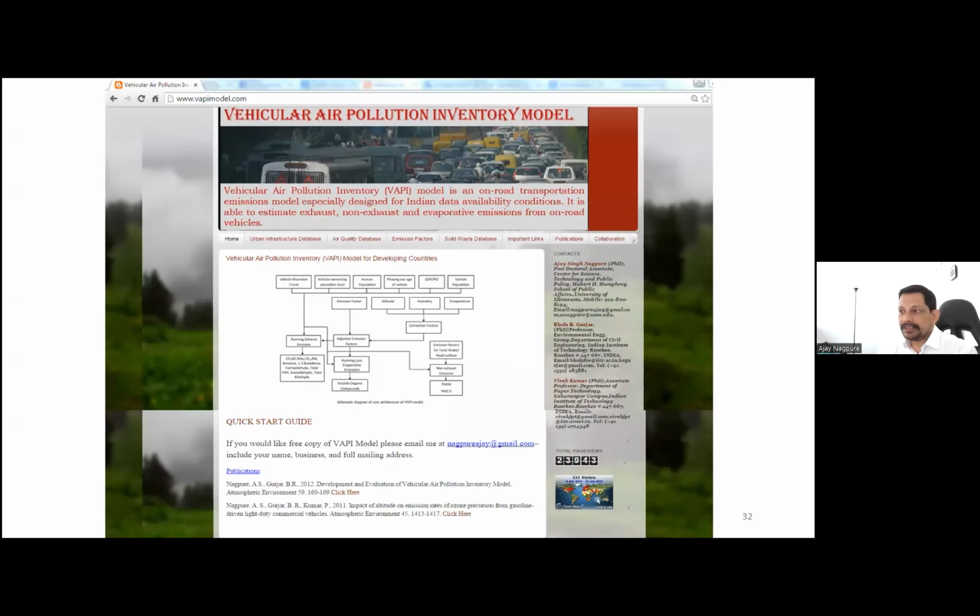As I said, I developed a model when I was doing my PhD. In that I developed this WRI model, the vehicular air pollution inventory model. It's a very simple model. And why did I develop this model? Because when I was doing my PhD, I realized that most of the developing nations are using